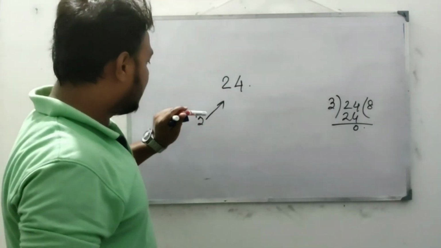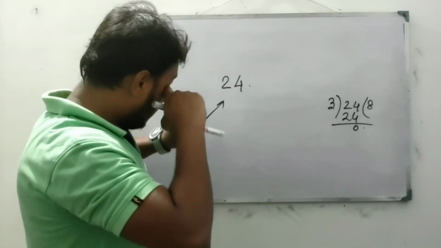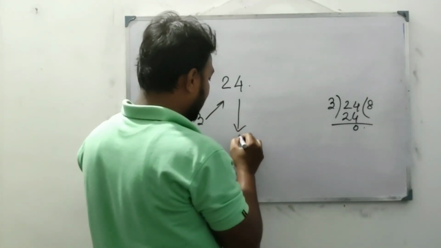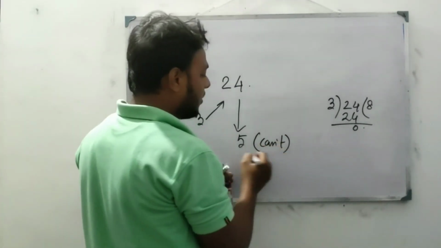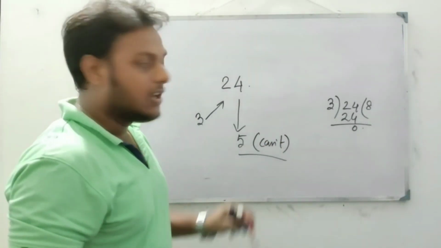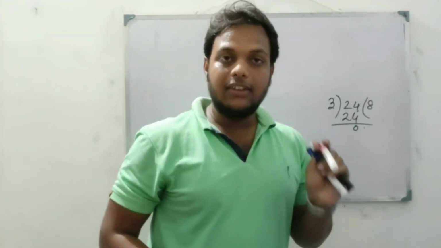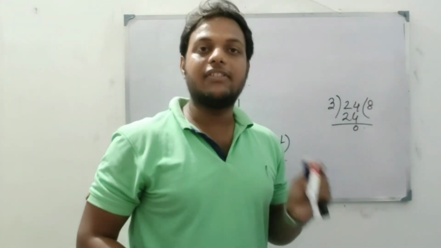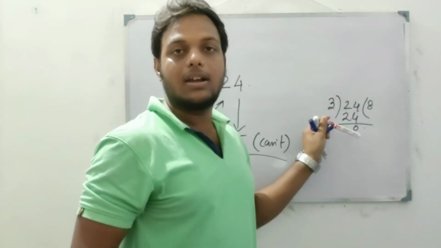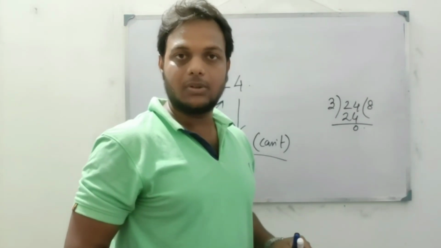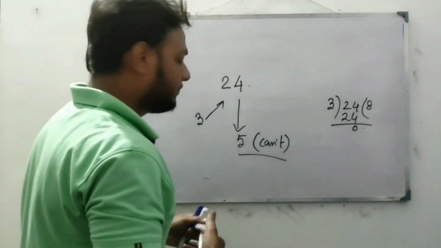Okay, so 3 can divide 24. That's why 3 is a factor. But 5 can't divide, so 5 is not a factor. Okay, so factor means we can conclude that if the number can divide properly, that means remainder will come 0. Okay, so we will use this same concept that if